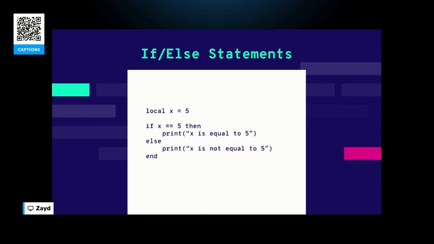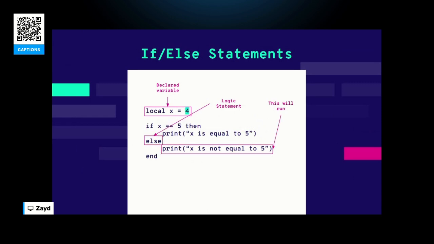Alrighty, now let's move forward and learn more about if and else statements. These are used to have certain lines of code execute if the logic is true. This is our declared variable x, and it is set to the number 5 just for simplicity. What's highlighted is our logic statements. These are used to identify if what we are passing is true or false. In this case, we are trying to see if the value x is equal to 5. Because it is equal to 5, it will run the highlighted print statement, x is equal to 5.